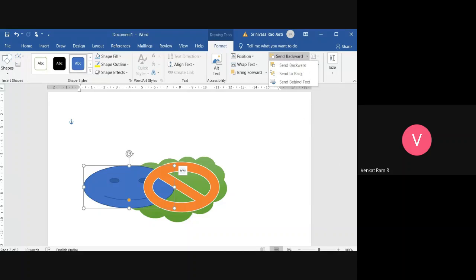And suppose if any text is available, one second, I'll copy some text and I'll show you.